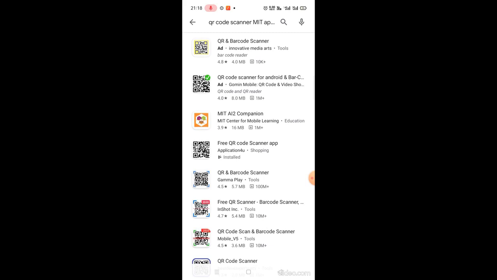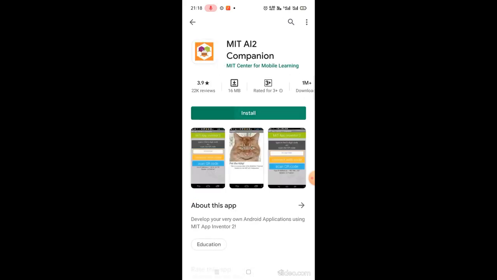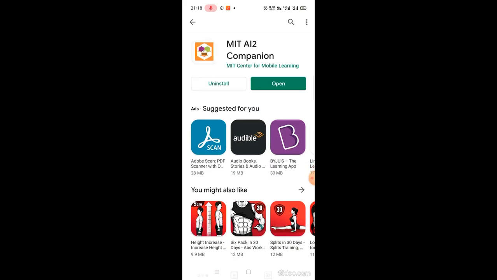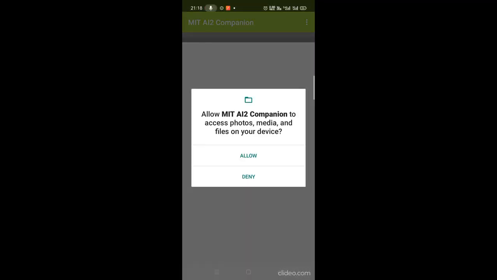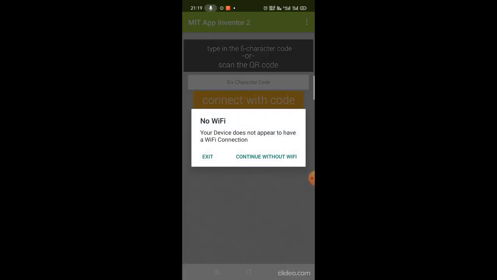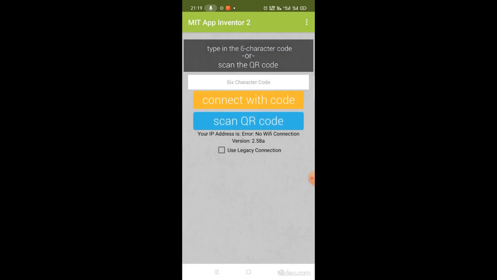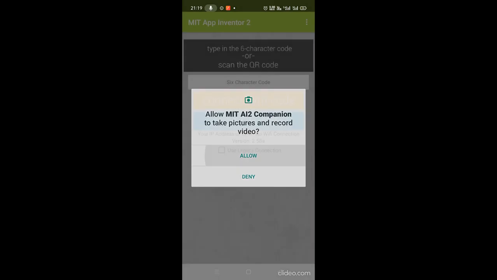Select MIT AI2 Companion. Install. Open the MIT AI2 Companion. Allow. Click the allow button. Continue without Wi-Fi. Scan QR code and scan the QR code in the computer.